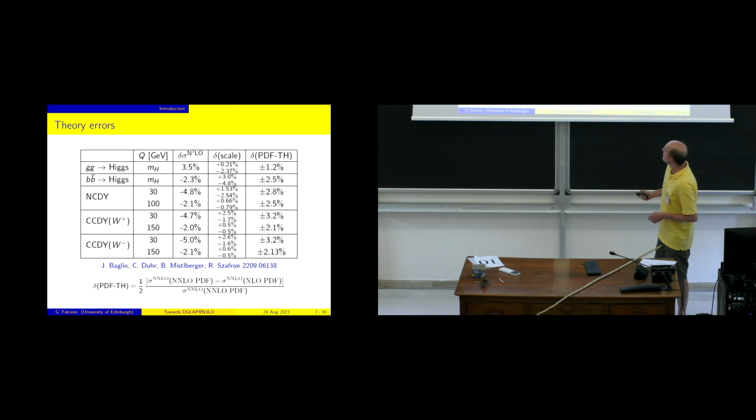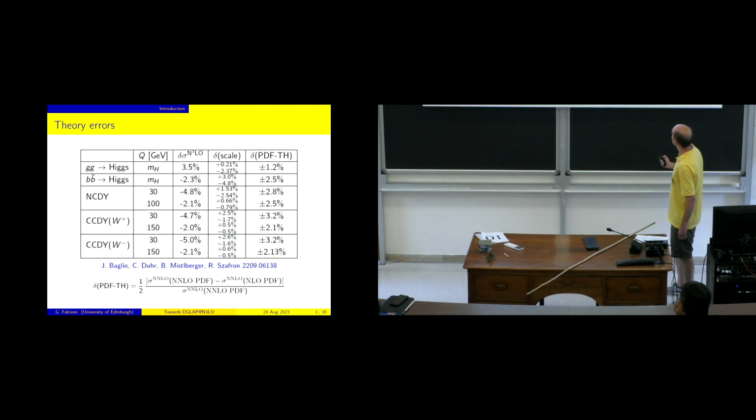And here there is a recent breakdown of theoretical uncertainties that shows you that, for instance, for Higgs measurements, N3LO QCD corrections are absolutely relevant. The shift when you add the N3LO is of the order of a few percent, and so you would like to take that into account. And scale variations in many cases are reduced to the percent level, but in all the numbers in this study, you always have to add some extra error because these calculations have not been done with N3LO PDFs.